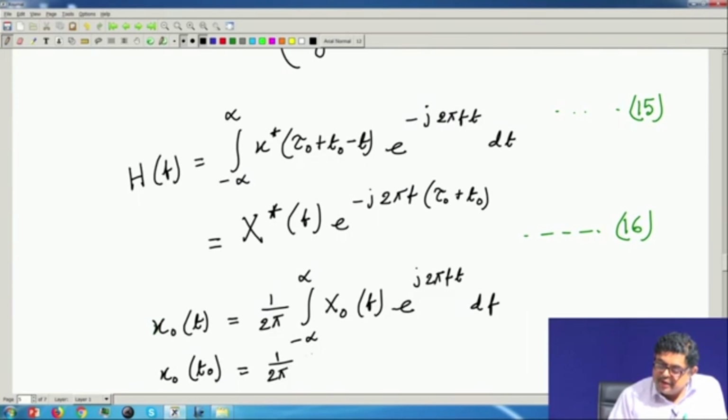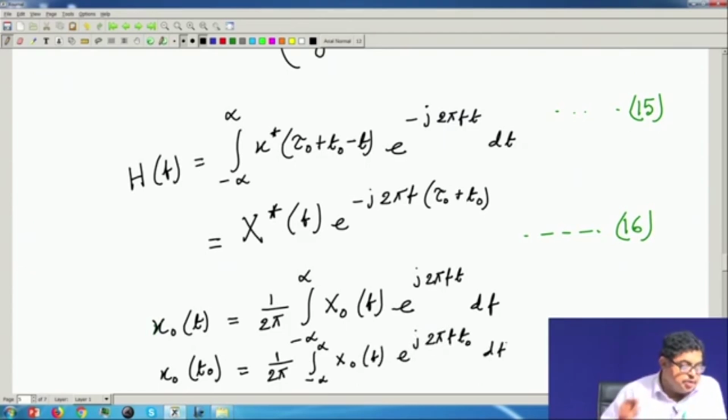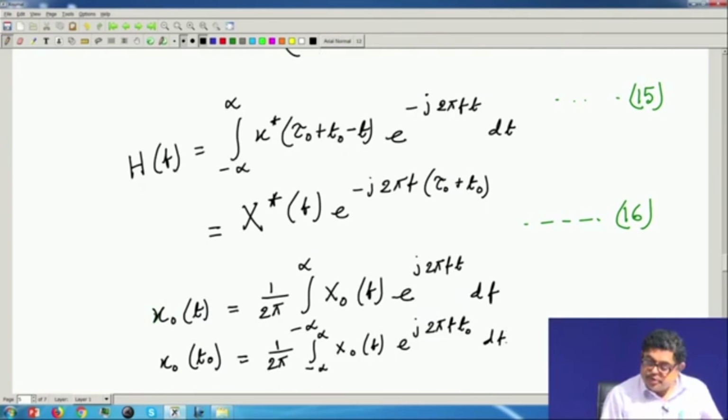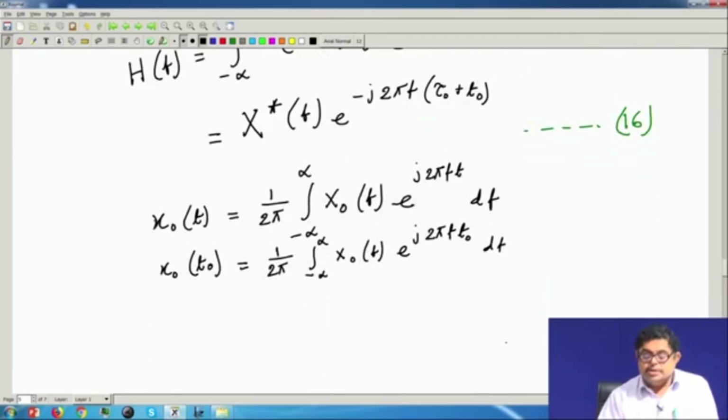1 by 2 pi, x naught f e to the power j 2 pi f t naught d f. Now here you see that this is the signal value at t naught. Now x naught f, its value is already given in equation 5, so put its value from equation number 5, and so what you will get